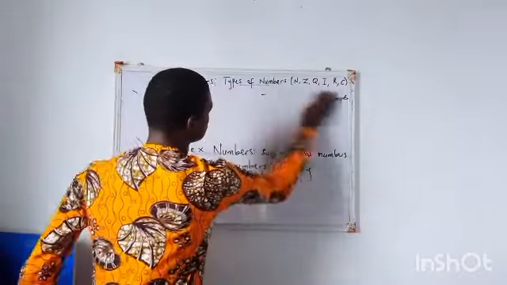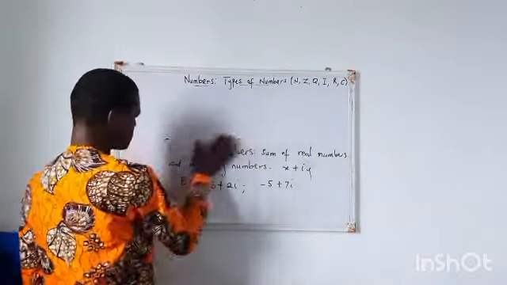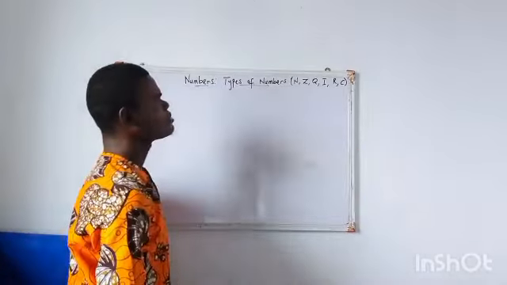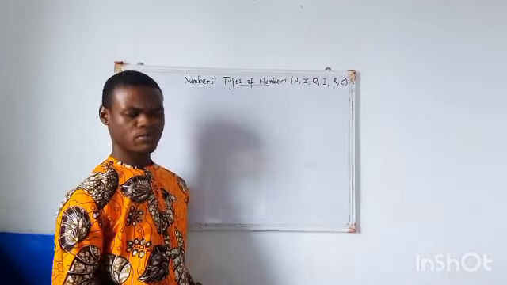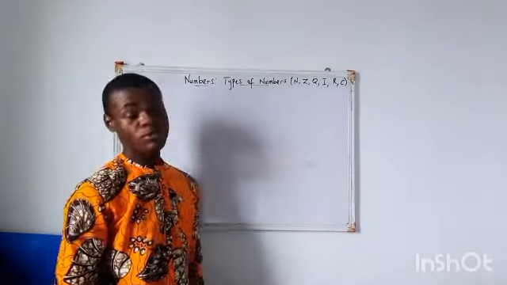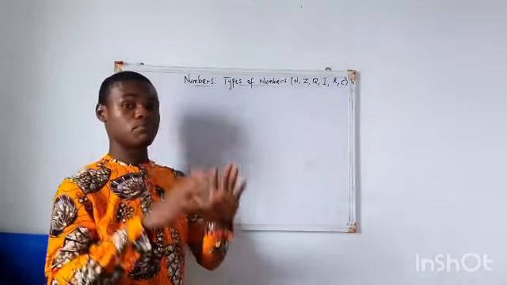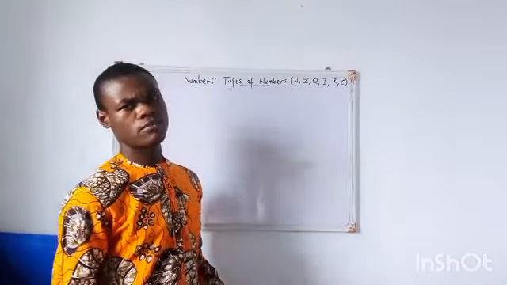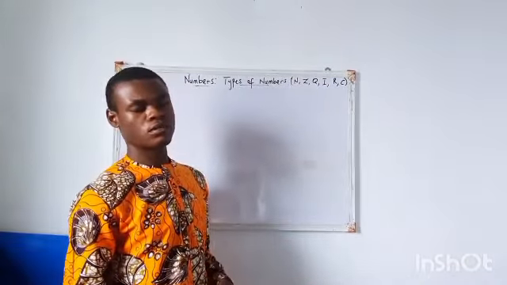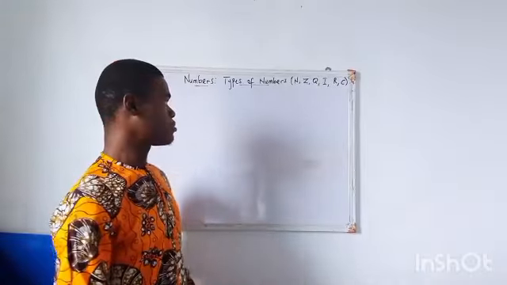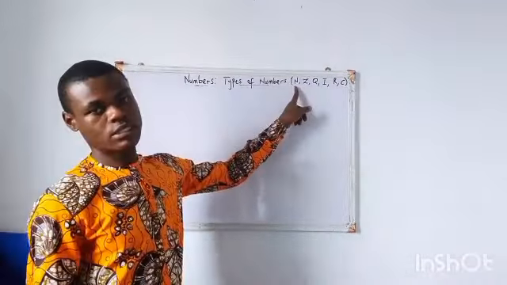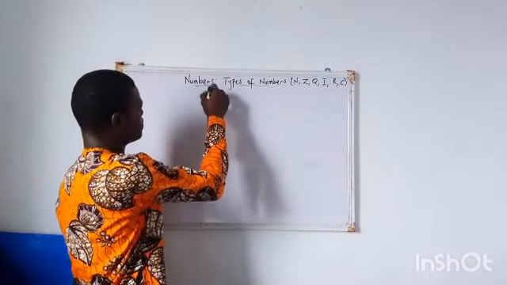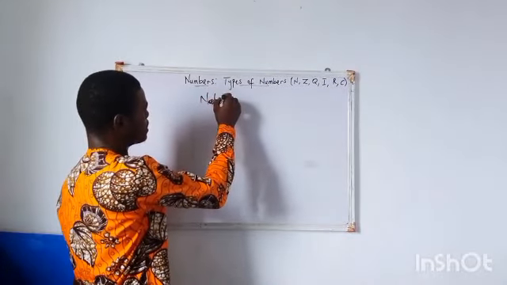Now, let me tell you something very important that you need to know. I know you might have been wondering, how about even numbers, odd numbers, prime numbers? Why didn't you say anything about that? I was going to say something about it, but I wanted you to have a broad overview first of all. So now, you may be wondering, where do even numbers, odd numbers, prime numbers fall into? Guess what? They fall into the set of what? Natural numbers, because they are all positive whole numbers. So let's go. Now, numbers, or rather natural numbers,